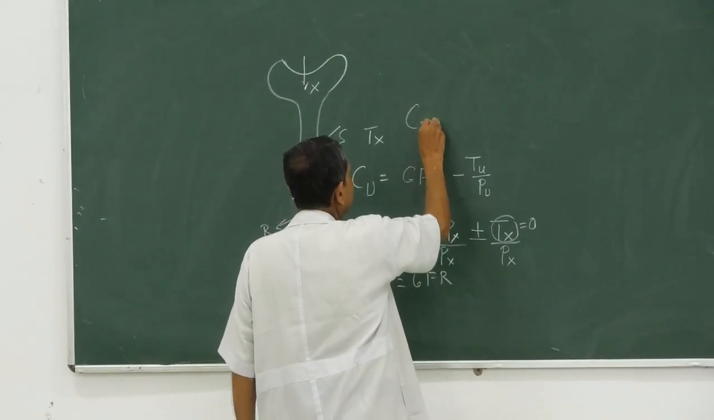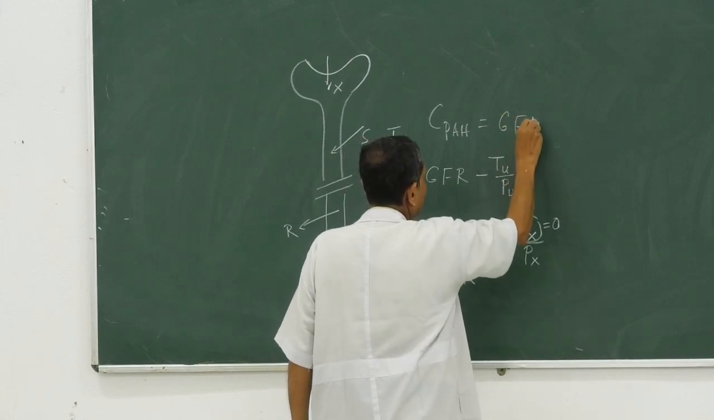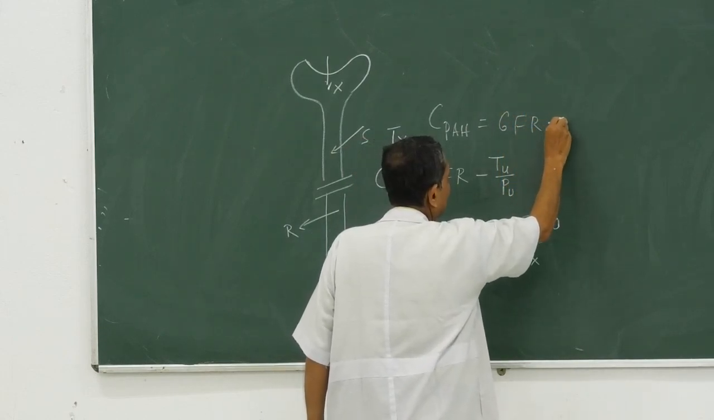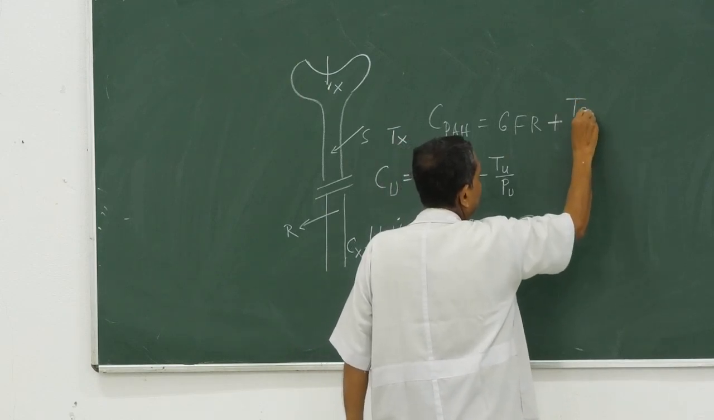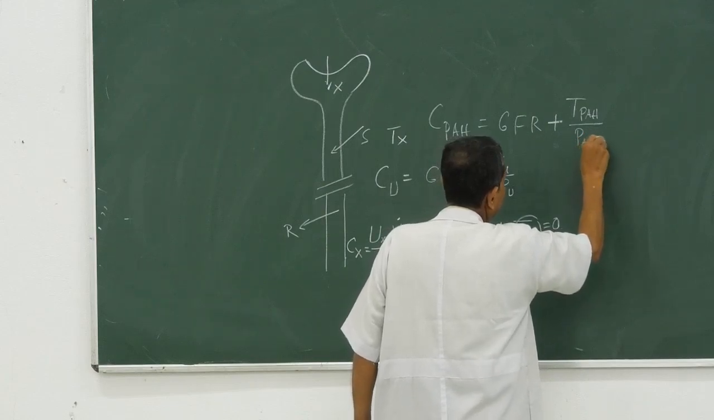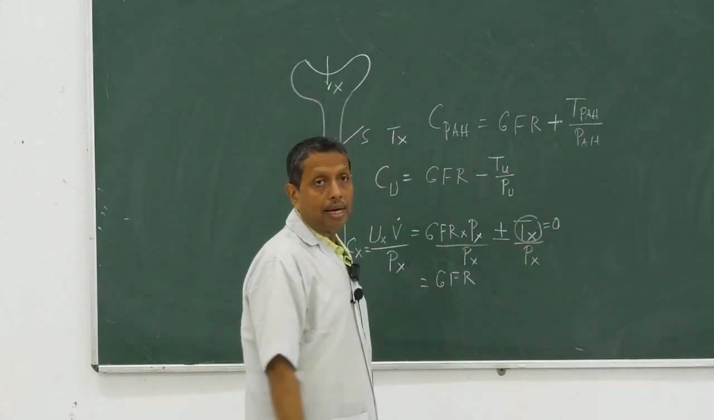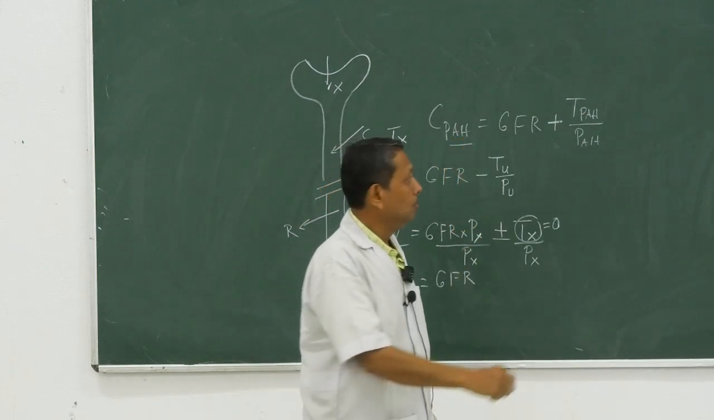Clearance of PAH is equal to GFR plus transferred PAH by plasma PAH. It is more than GFR, and clearance of PAH is equal to